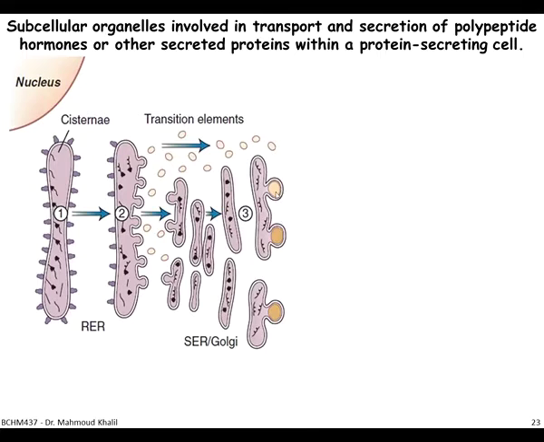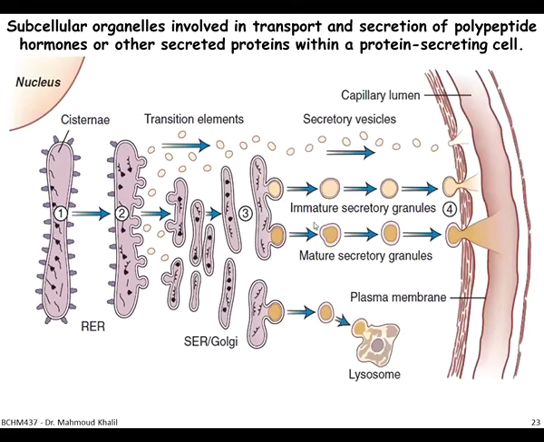You can see now secretory vesicles are formed with the functional protein, which is actually the hormone. Initially it will be immature secretory granules, and then it forms mature secretory granules after some processing, and soon after that it can be released outside to the bloodstream. You can see that some secretory vesicles as well can go away without secreting anything, and you can see as well some of the secretion